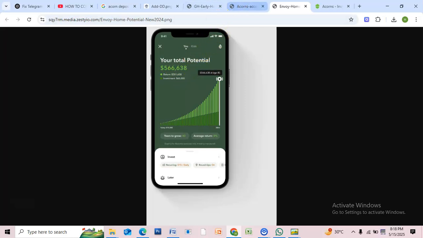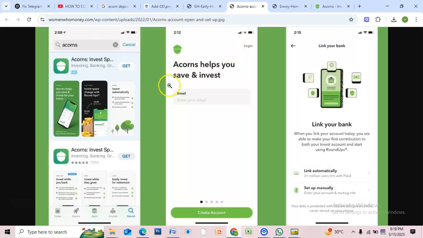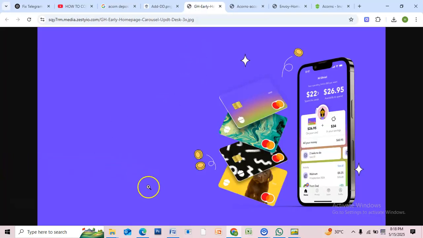One of the best features of Acorns is the round-ups option. Link your debit card or credit card to automatically invest your spare change from everyday purchases. For example, if you buy a coffee for $3.50, Acorns rounds it up to $4 and invests the extra 50 cents for you. You can also boost your round-ups by 2x, 3x or even 10x if you want to grow